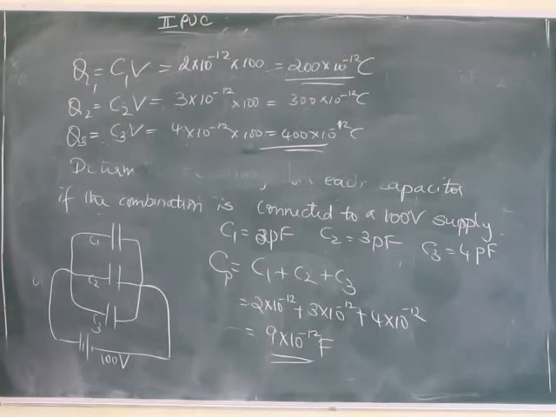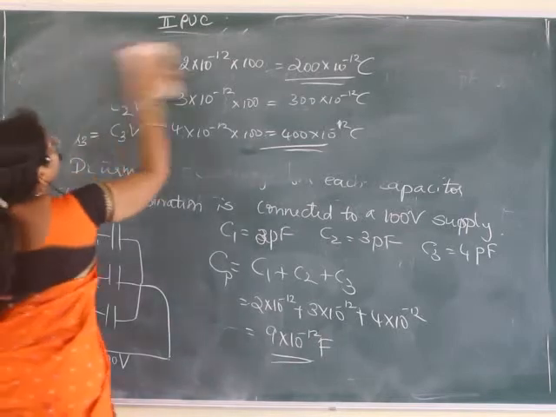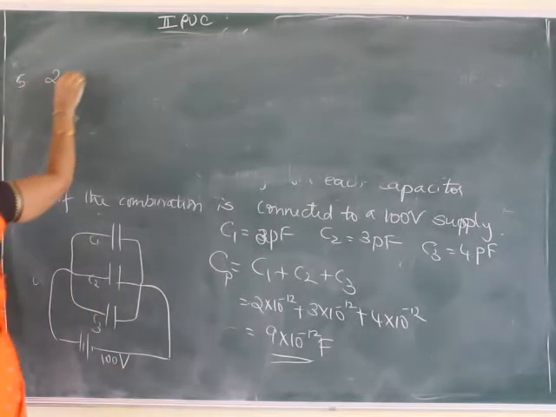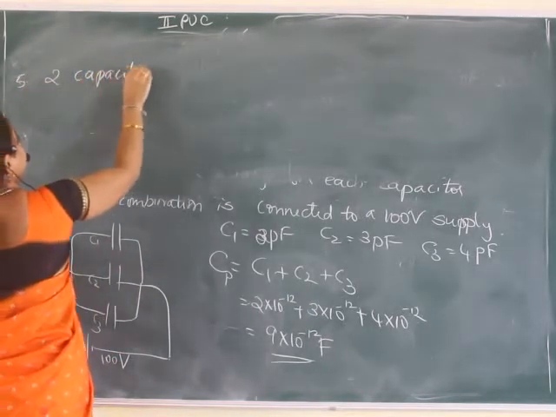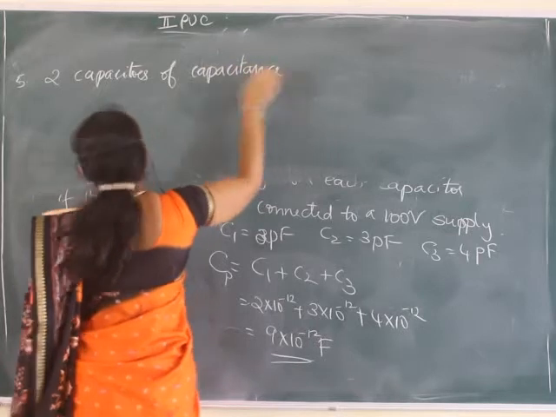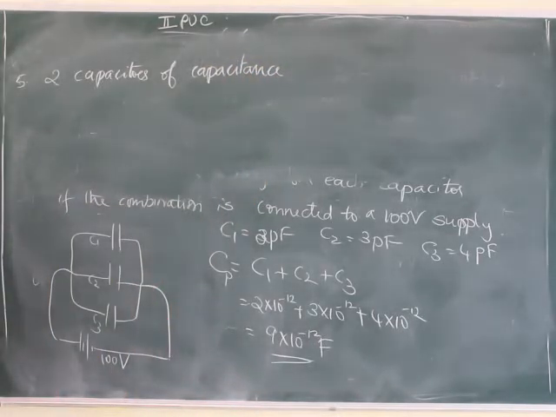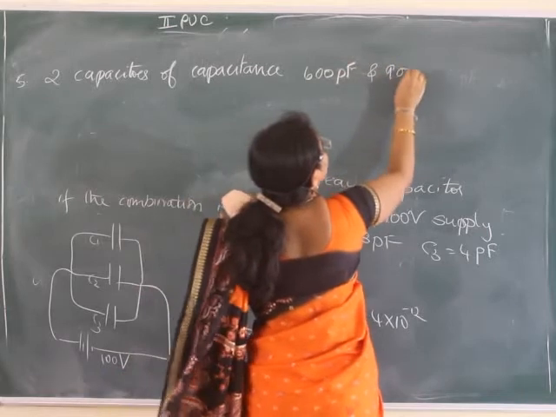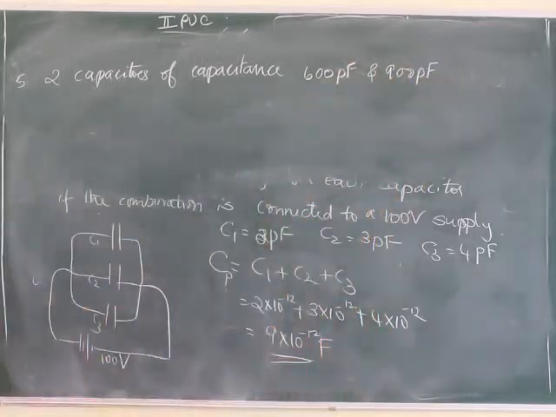Next, try to solve the next question. Two capacitors of capacitance 6 picofarad, 600 picofarad and 900 picofarad are connected in series across a 200 volt